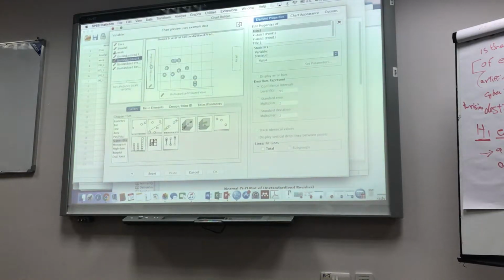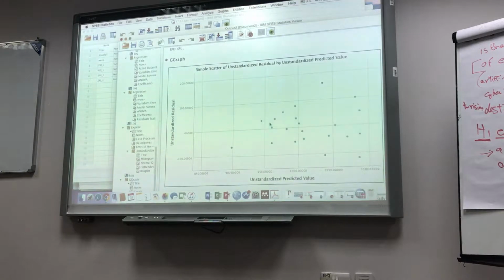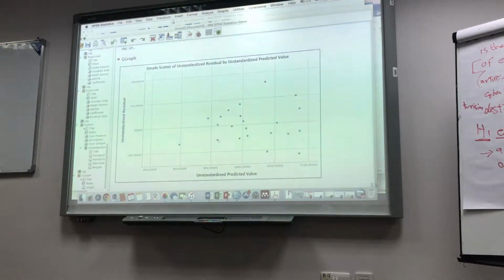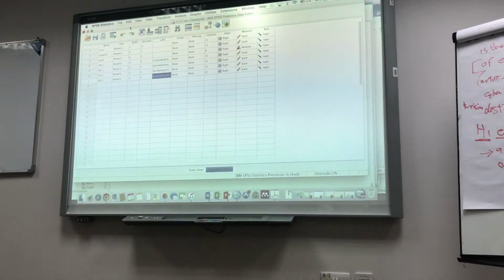We want to see the pattern, whether they have some relationship or are randomly distributed. If it's randomly distributed, it means that the residue and the predicted value have no relationship, but they are constantly distributed. In that case, the second required condition is also met.